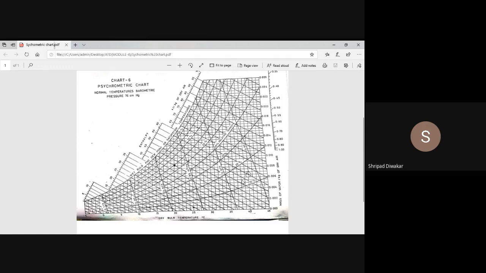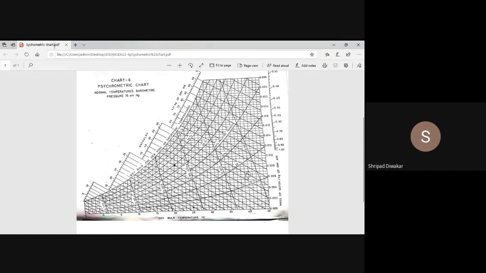Suppose you can observe here it is 10%, right? And this line is 20%. Suppose my point lies in between, wherever I'm putting the cursor, between 10% and 20%, you have to write an approximate value, you will not get the exact value. If it is in the middle, you write humidity as 15%. If it is nearer to this one, you can write 12%. If it is exactly on this line, you write 10%. We can write only 10% and 20% accurately, but for the points lying in between you have to analyze.